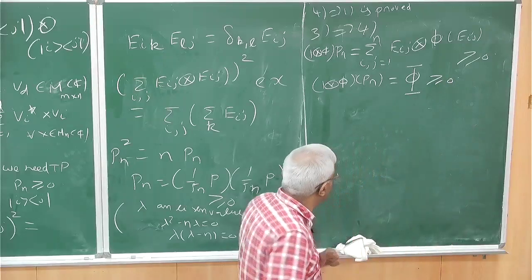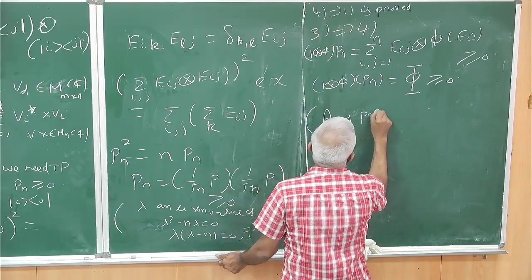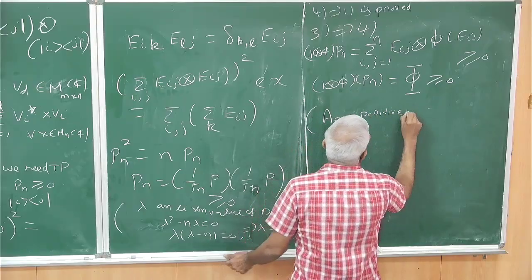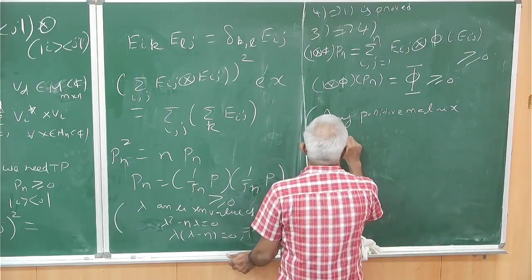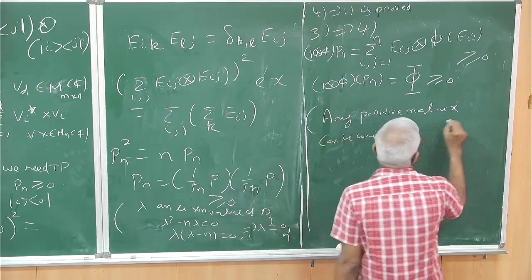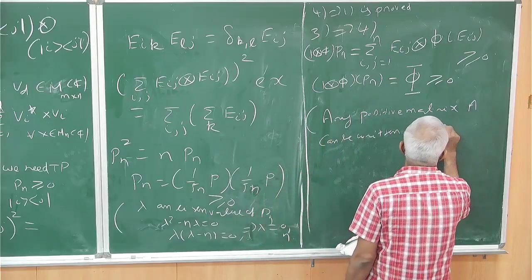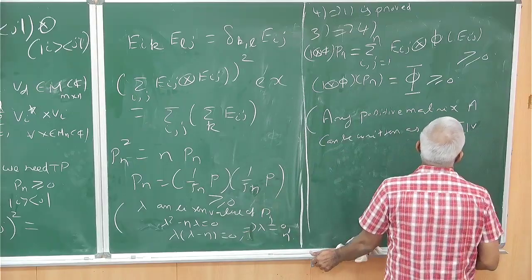Any positive matrix can be written like this. I will just write it. Any positive matrix A can be written as A equal to summation